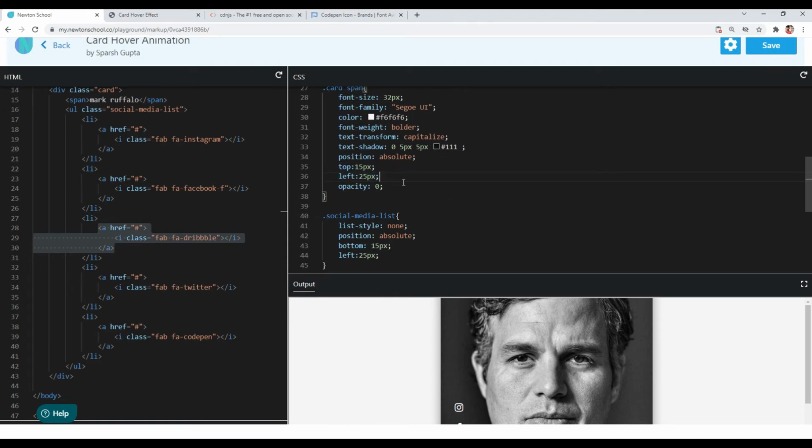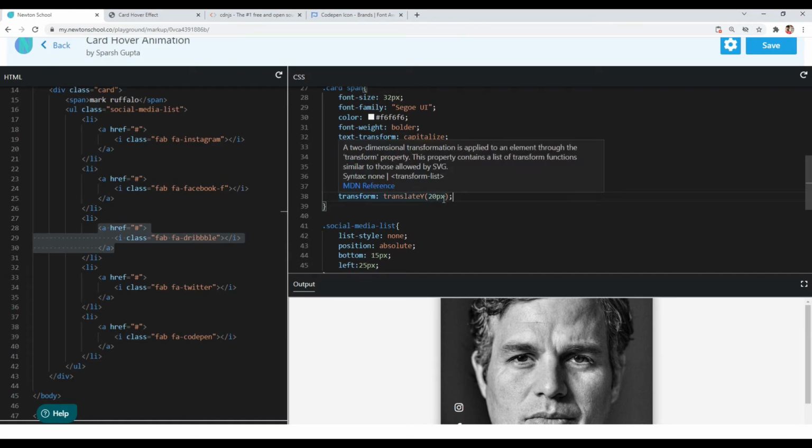So what I will do is I will move it down a little bit at the initial point using the transform property. I will use transform translateY, and I will move it down initially by 20 pixel, and when I hover the card, I will reset it to 0, and by doing so our span element will move from this position to this position and it will result in an upward motion. Okay, so let's create that quickly.